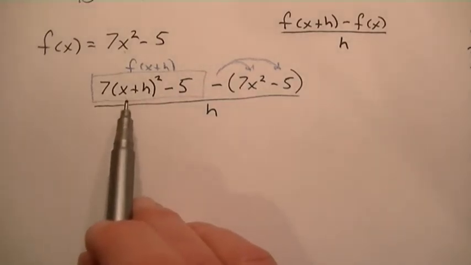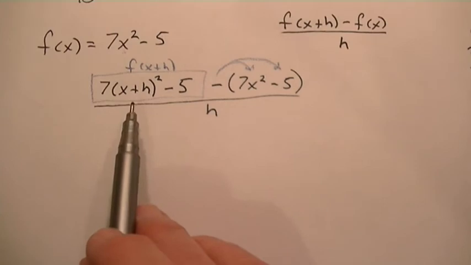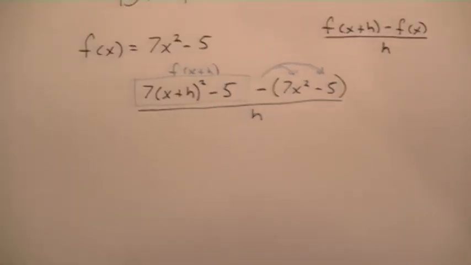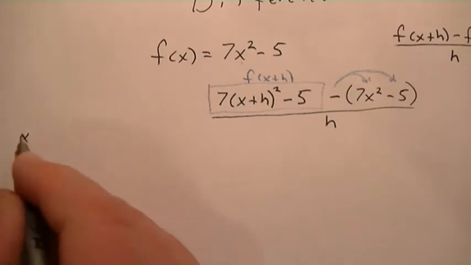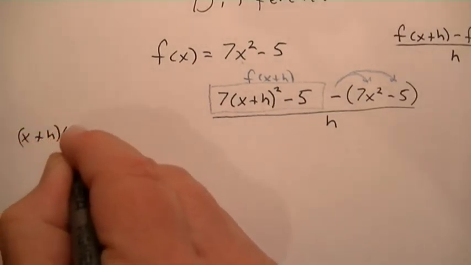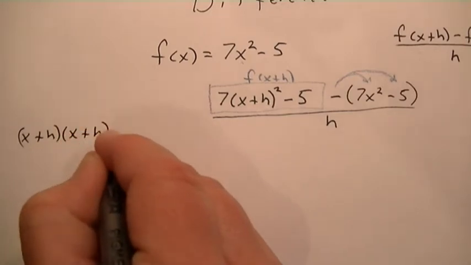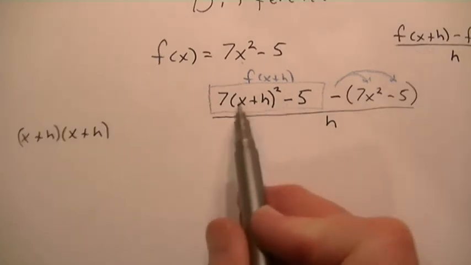If you have to do this x plus h squared off on the side, that's perfectly fine. I've got no problem with that. We'll do it. But x plus h squared is x plus h times x plus h. Okay, and if you're one of the students that tend to forget the middle term when you're doing these binomial